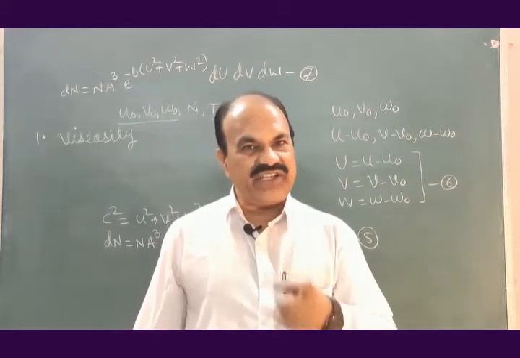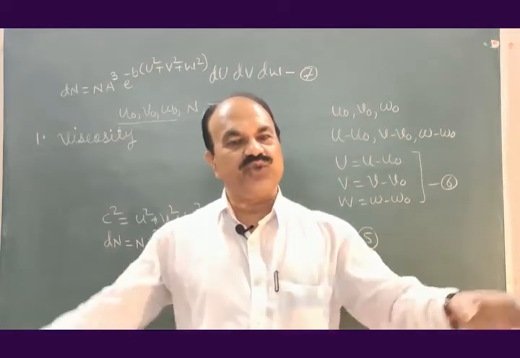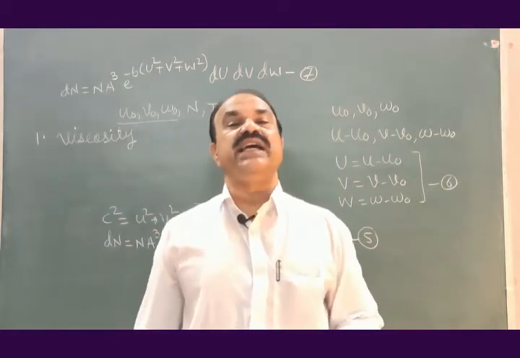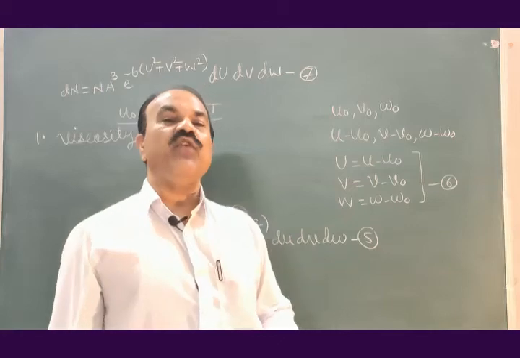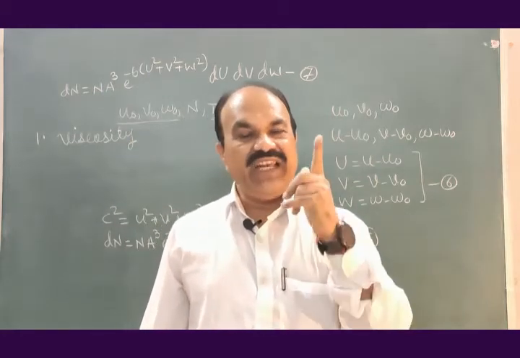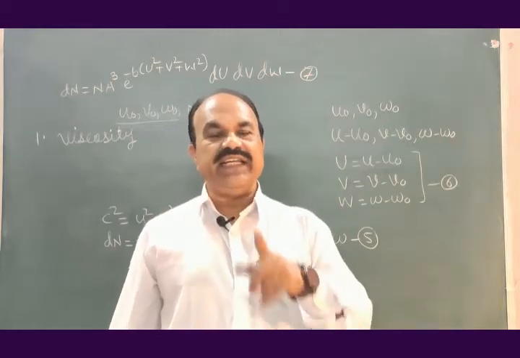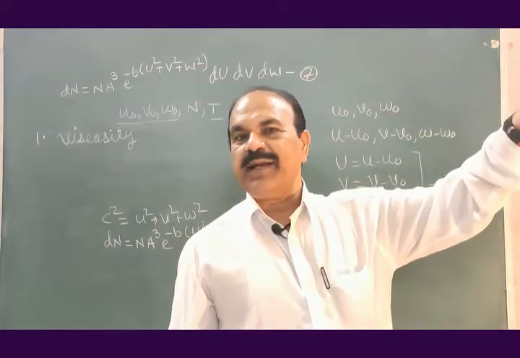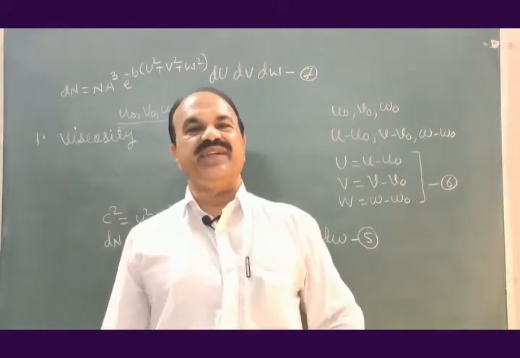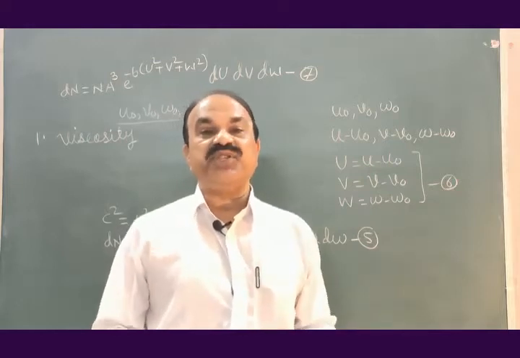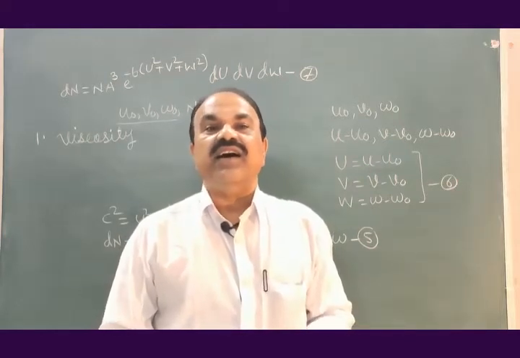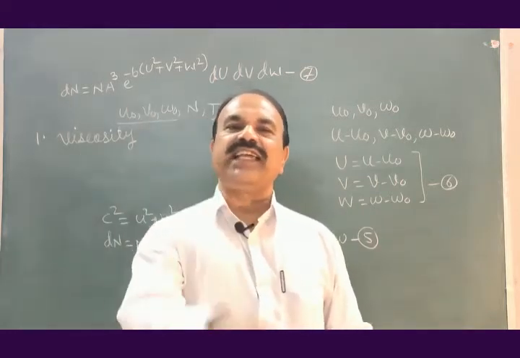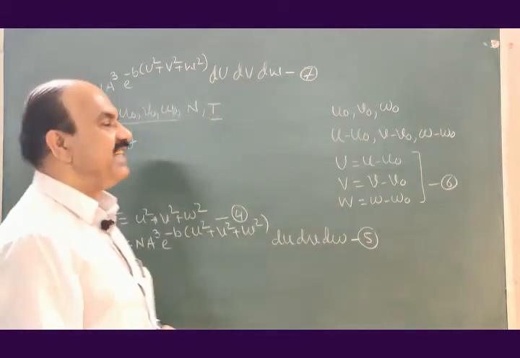And we know that heat energy always flows from high temperature to low temperature. If the temperature T is not constant throughout the gas, if it is different in different regions of the gas, heat energy will get transferred from high temperature to low temperature. And because of this, what is happening? Thermal conductivity is taking place inside the gas.